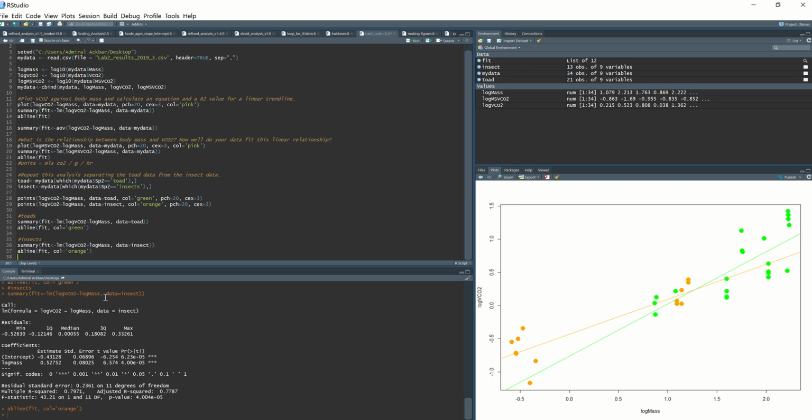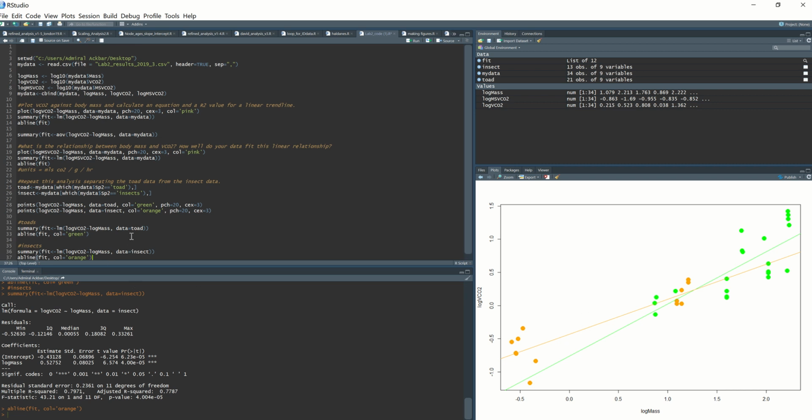Well, we can say the slope for the toads is much steeper and the slope for the insects is a lot shallower. But the intercept for the insects is a lot higher and the intercept for the toads is lower, which means that if we're below this little intersection point, then for the insects we predict maybe a higher metabolic rate than the toads. But we can't really say much from this data set right now. We can definitely compare those two slopes though. So the toads look like they've got a steeper slope and the insects a slightly shallower slope. That's a really neat